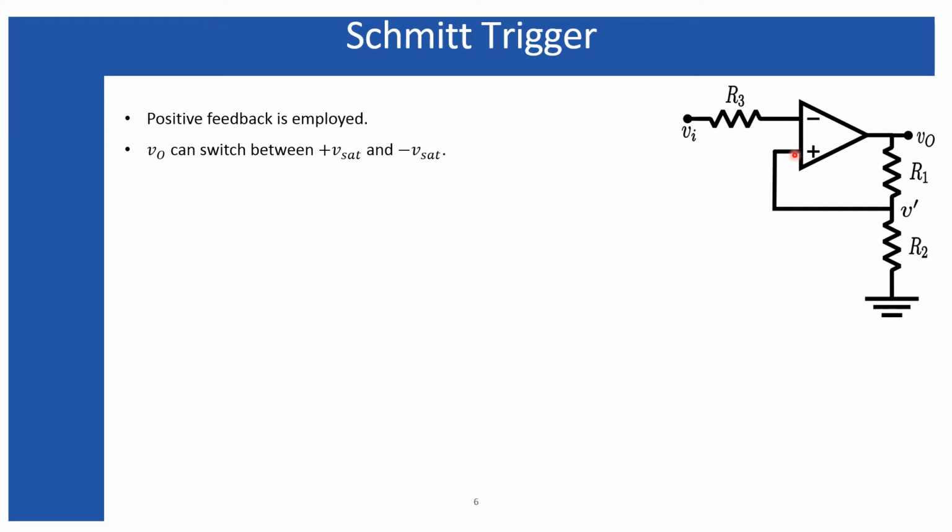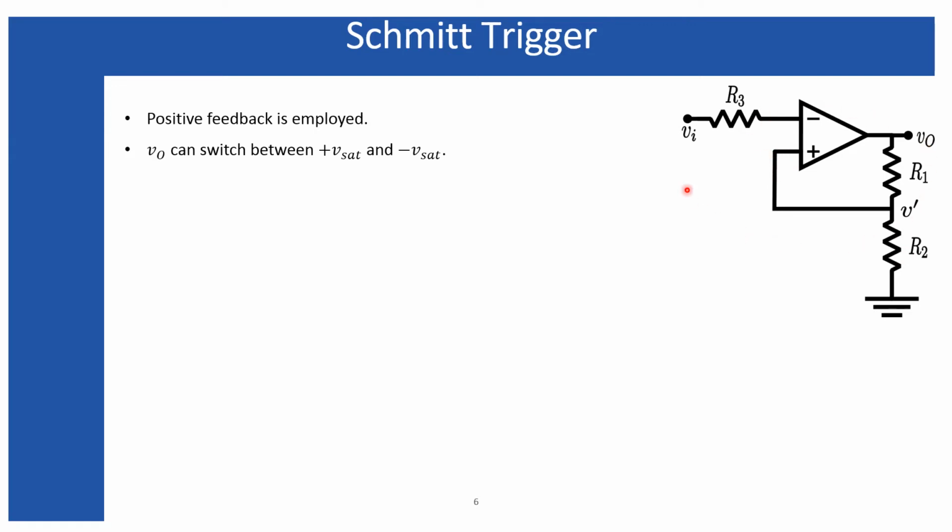Now here the reference voltage is actually the voltage appearing across this R2, and the voltage across R2 is a part of the output voltage. By using the voltage divider rule, the potential across R2 is the reference voltage over here.